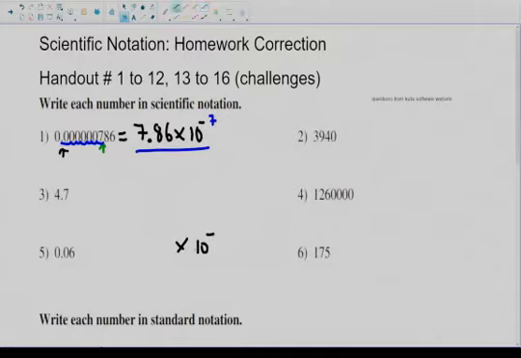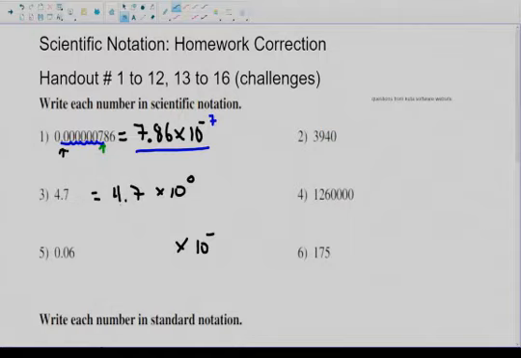A couple of weird ones here. This one's a little strange. The decimal's already in the right place. What power do I use when I don't move the decimal at all? And that power is going to be 0. Okay, 10 to the 0, anything to the 0 gives 1. If you try it on your calculators right now, so if you're not moving the decimal at all, it's going to be times 10 to the 0. Seems a little bit of a waste of time, but this is scientific notation, following that standard that we talked about yesterday. So you still need to be able to sometimes write numbers in scientific notation, even if the decimal